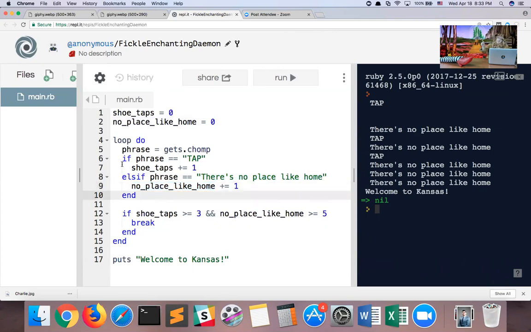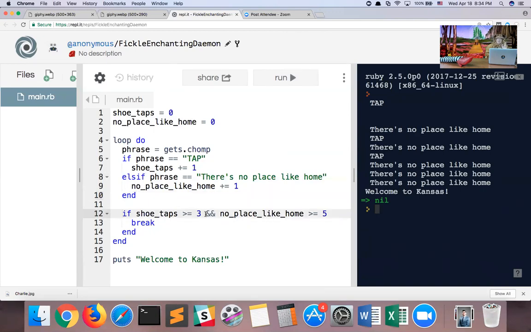Okay? So every time we run this loop again, we ask for the user input on line 5, and depending on what they type in, we either increase shoe taps by 1 or we increase no place like home by 1. And if they typed in neither of them, let's say they typed in gobbledygook, then we do nothing. We don't react to that. But we do move on to line 12.